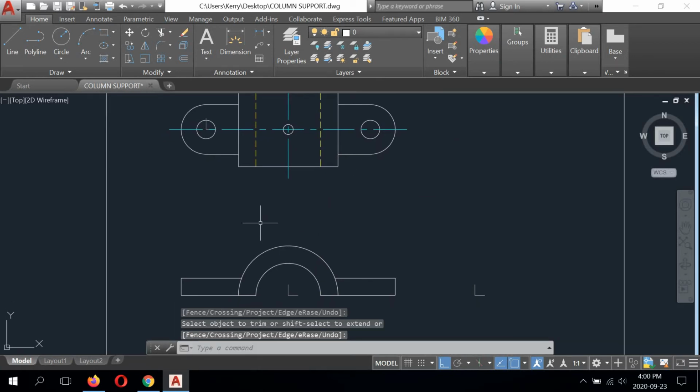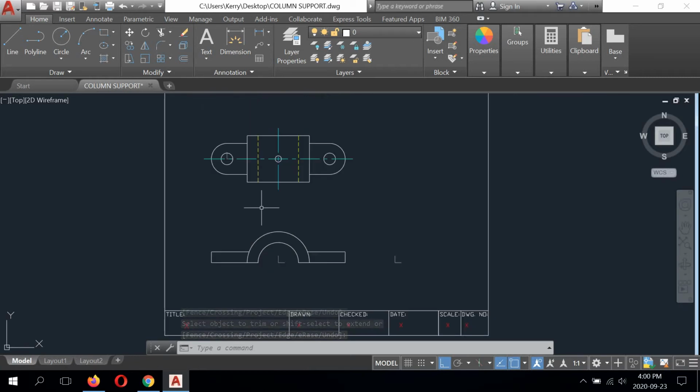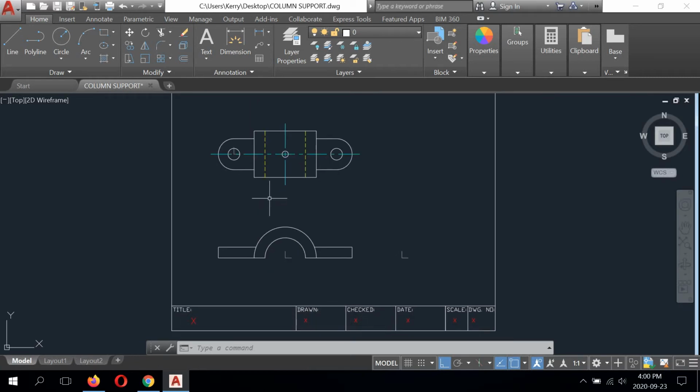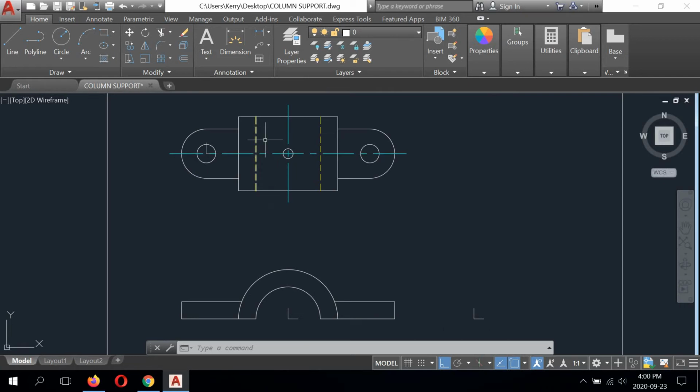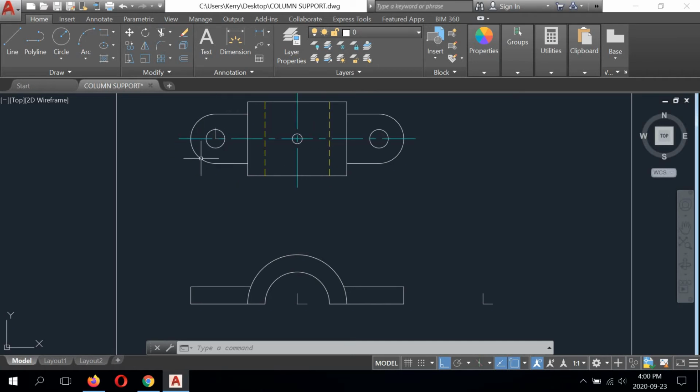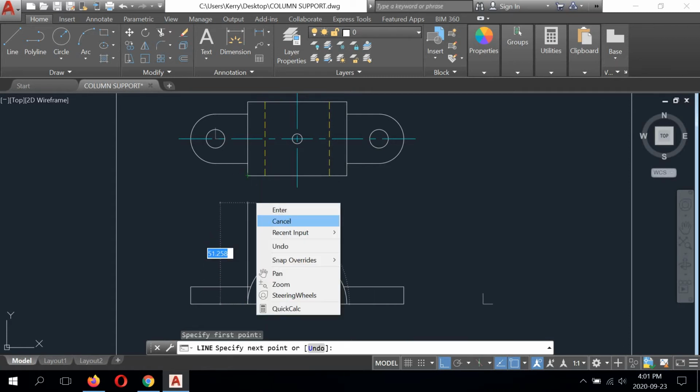All right. Now here is where things get tricky for students to understand. So we know that these two vertical hidden lines line up perfectly with this endpoint and this endpoint to represent that hollow cylinder, that hollow semi-cylinder running through. We know that this represents this flange on the top view and the front view. We've lined up the most outer position here with the top view here. But this